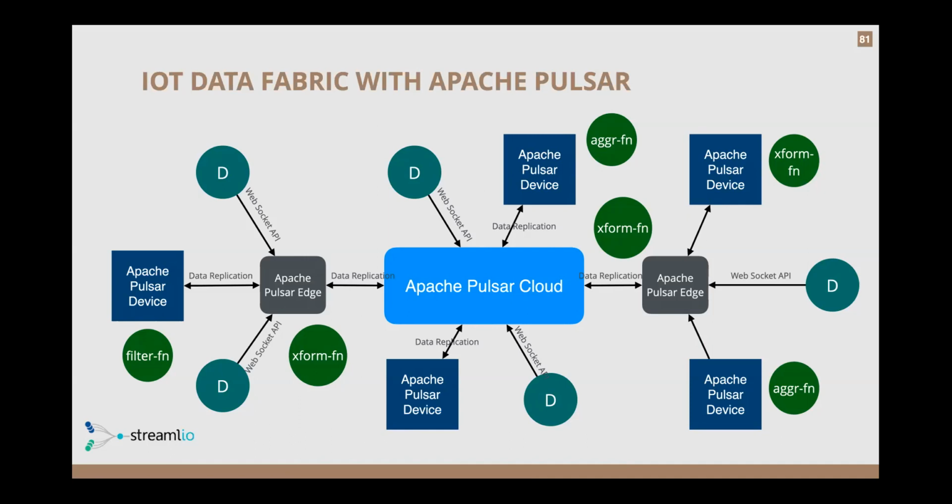So you have different Pulsar edge devices deployed on IoT gateways, sort of level devices, or basically glorified Raspberry Pis out there. You can deploy the functions out there. And then the smart devices communicate over WebSocket or MQTT, and we can get those events and do real-time analytics on that.